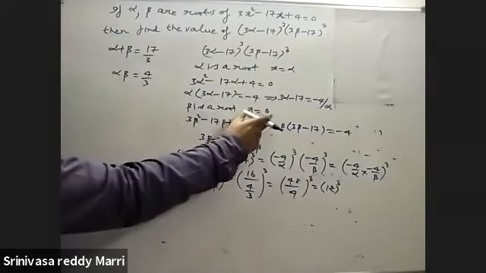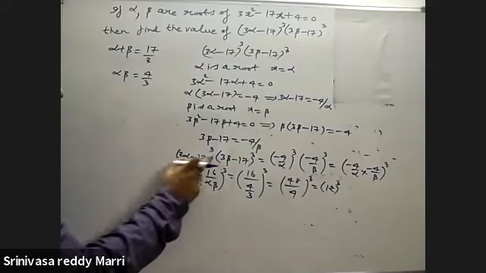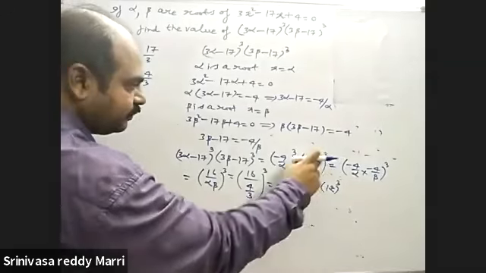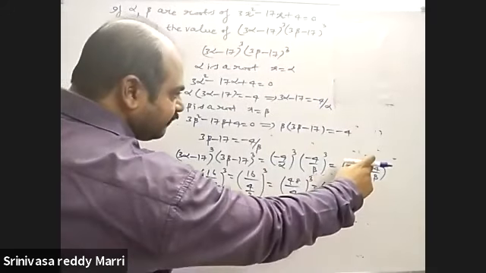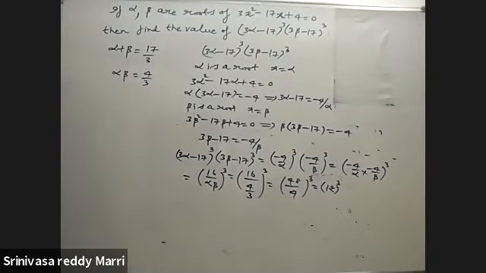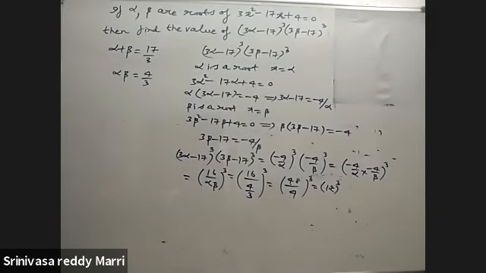Beta is a root. Similarly, substitute beta and calculate this value. Now this is minus 4 by alpha cube and this is minus 4 by beta cube. So the power is same, minus 4 by alpha into minus 4 by beta whole cube. This is 16 by alpha beta, simply. But if you multiply, it will become more laborious. This is the approach you have to go with. Whenever the root is there, substitute it in the equation. You will get some information.